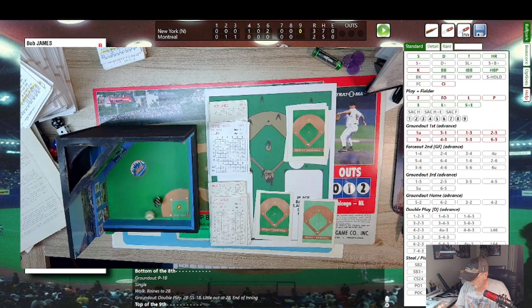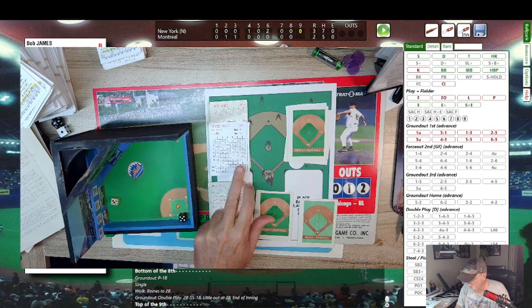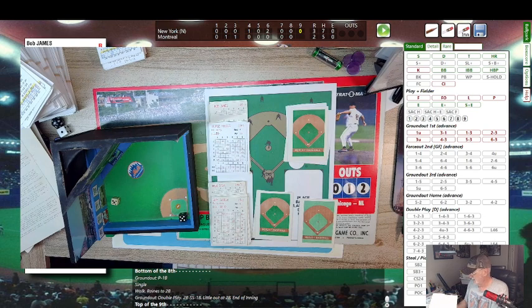Let's do it. Pitch. And that is a 5 and a 5. And that's a 4. That's a 22, column 5. And that'll be a ground ball hit up the middle off the pitcher's glove. Hit off the pitcher's glove, and then there's possibly a stolen base here I'm seeing. So it is a single.